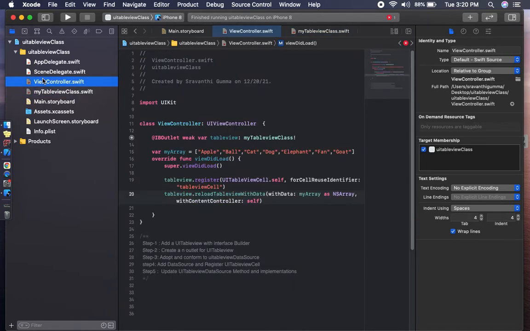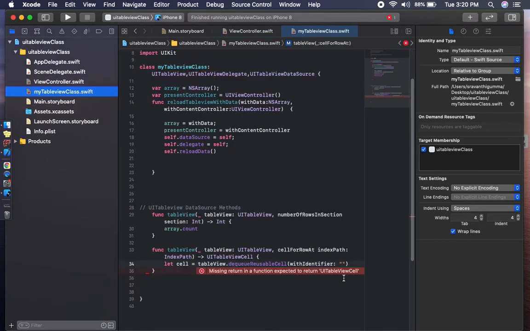We have to give the same reusable identifier for the cell.